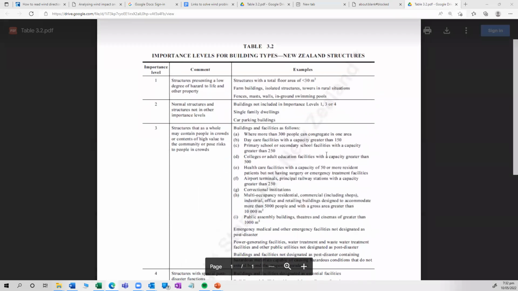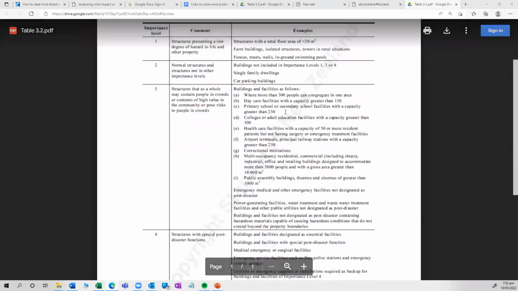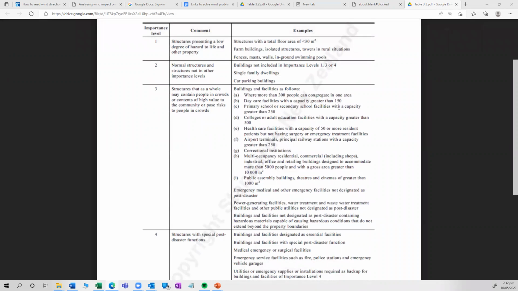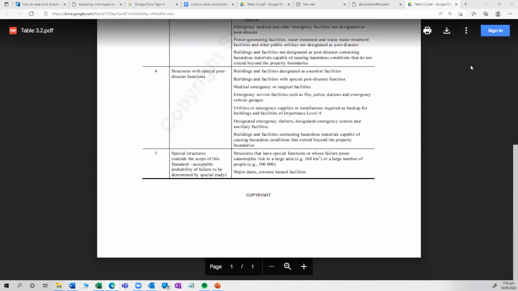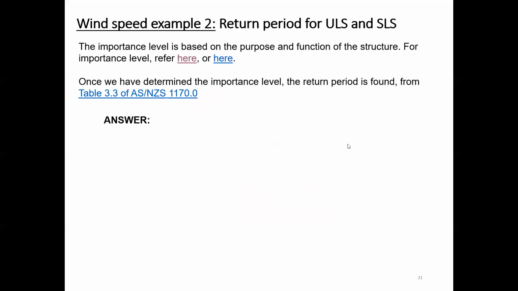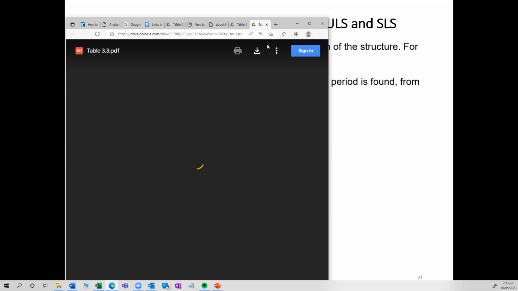So daycare facilities with a capacity greater than 150, so obviously importance level 3. Now let's look up the return period for both the ultimate limit state and the serviceability limit